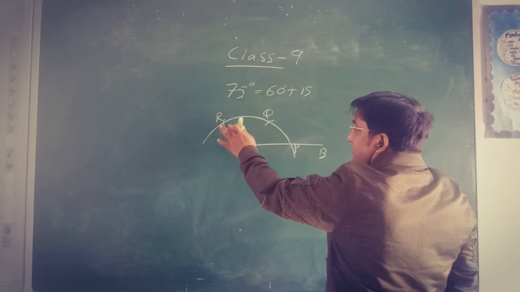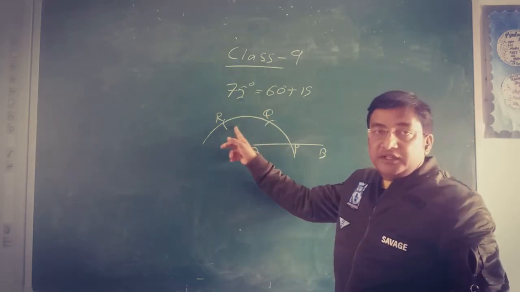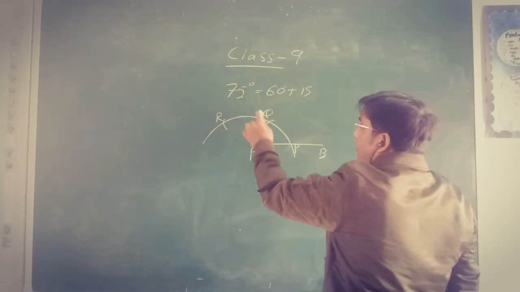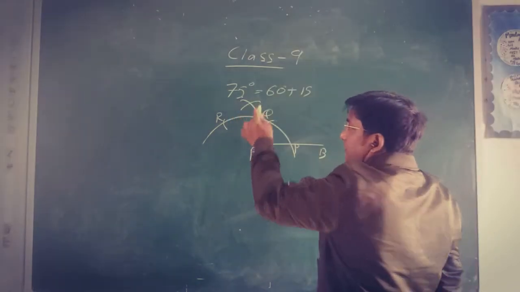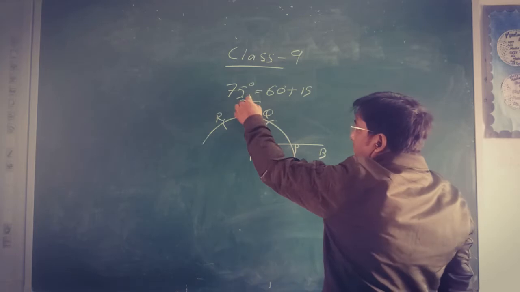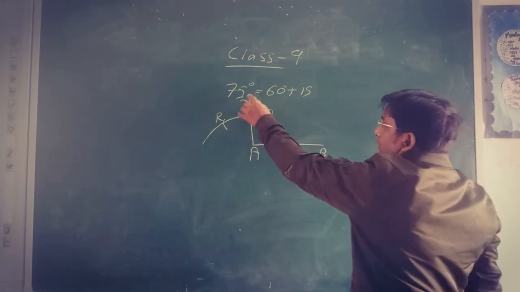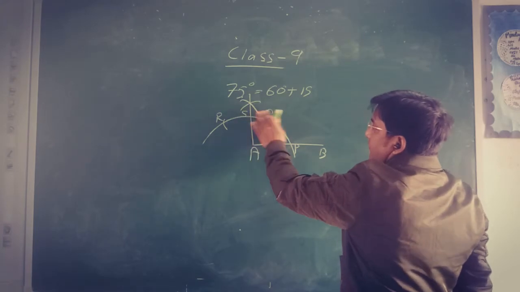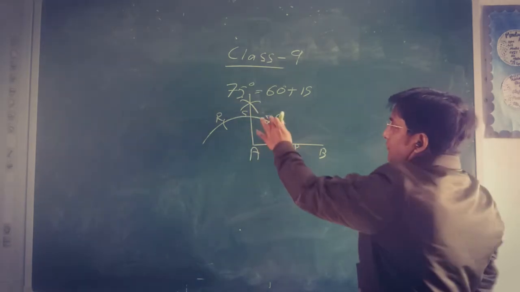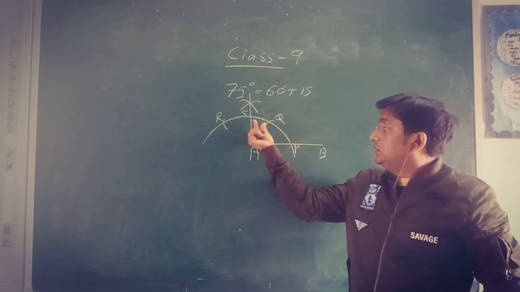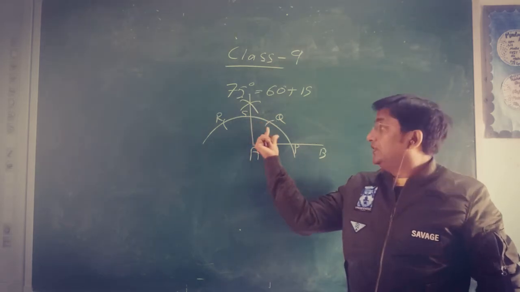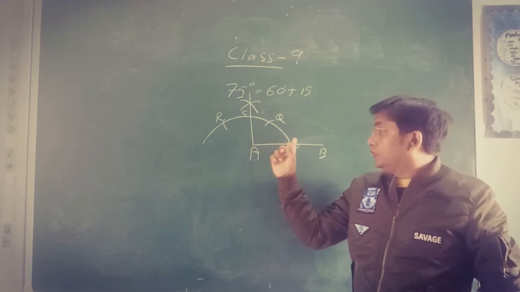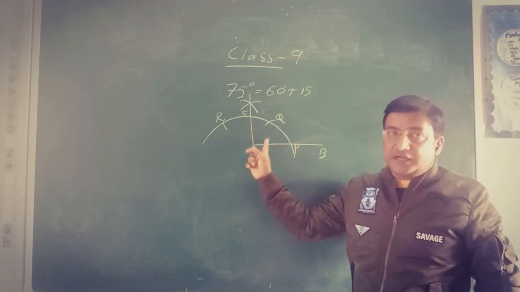So I have to bisect this angle, this next 60 degree. Corner points are Q and R. So from Q one arc, from R one arc, and join it. Give this name as S. Now this is 30 degree and this is 60 degree. The whole will be 90 degree. So the angle from P to S is 90 degree.